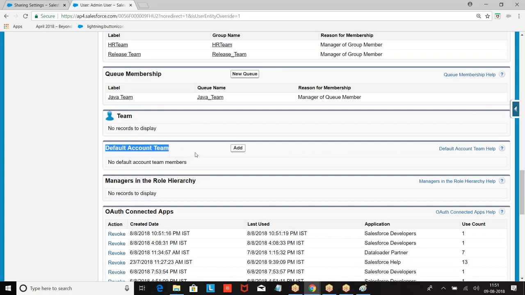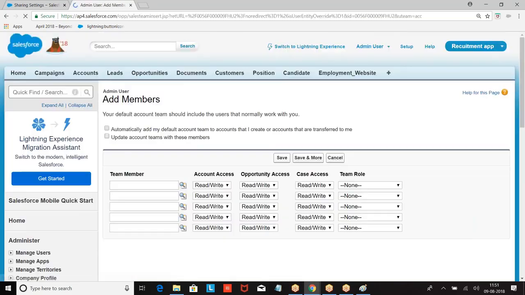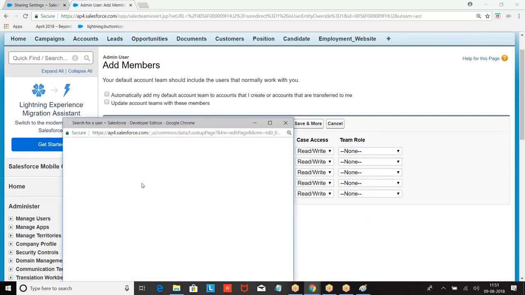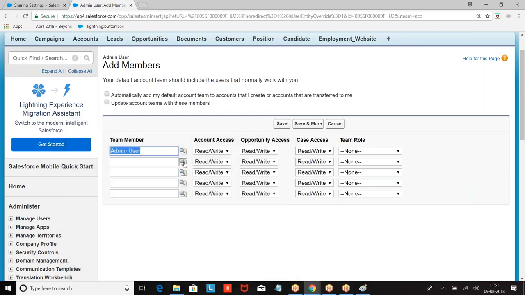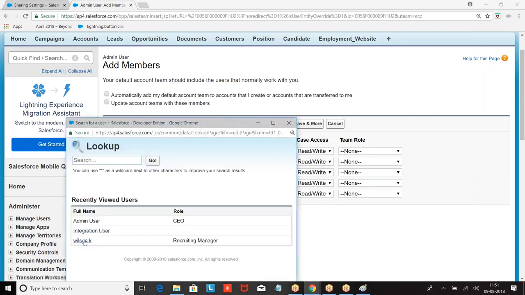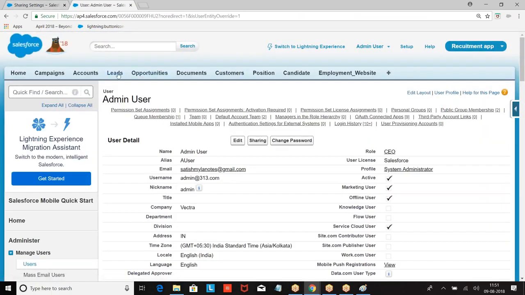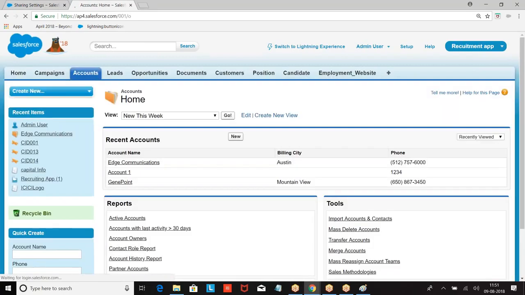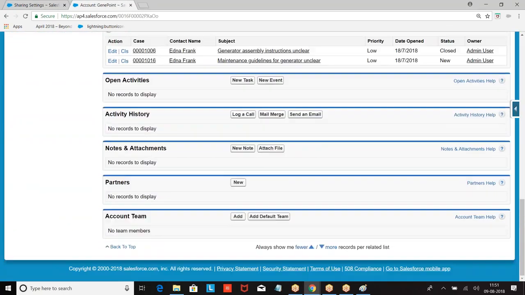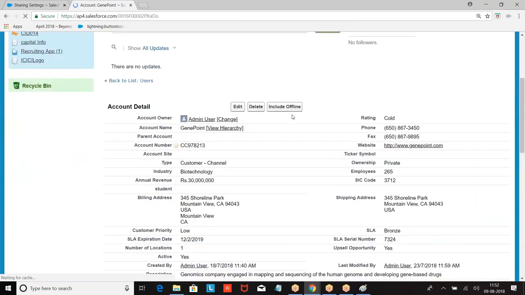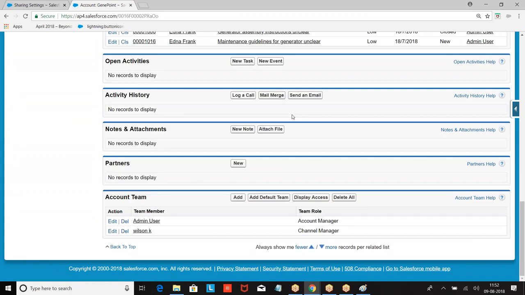You create your own default team. Now you are creating your own default team. Then what can I do? Go to the account and say add my default team. I hope you are good with this.